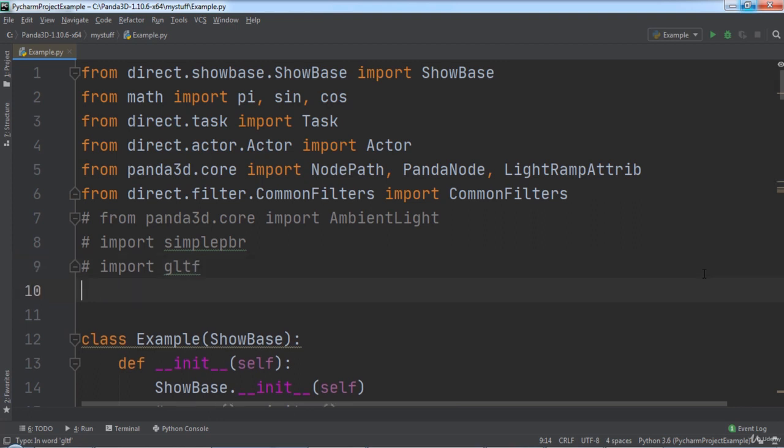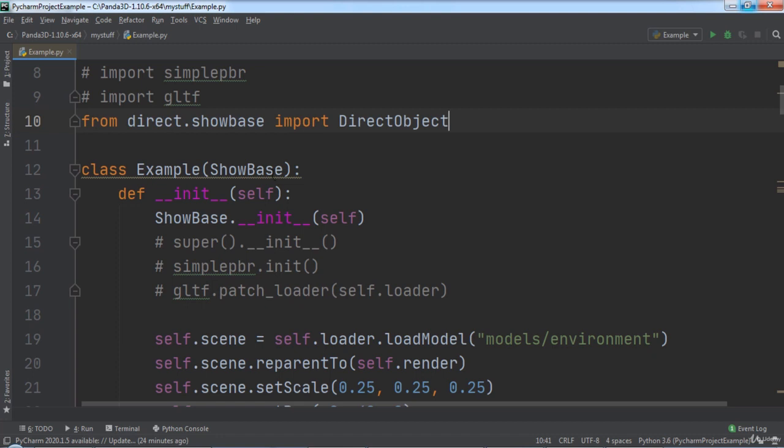Up at the top of the code, we need to add an import statement: from direct.showbase import DirectObject. The next step is to make our example class inherit from the DirectObject class. Remember, Python supports multiple inheritance, so it is okay that currently our example class extends the ShowBase class. All we need to do is add a comma and then type